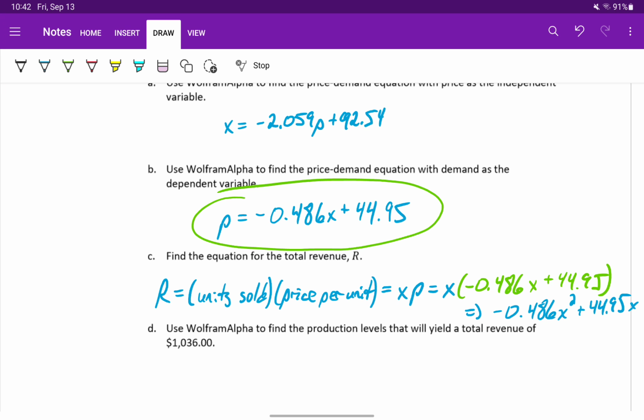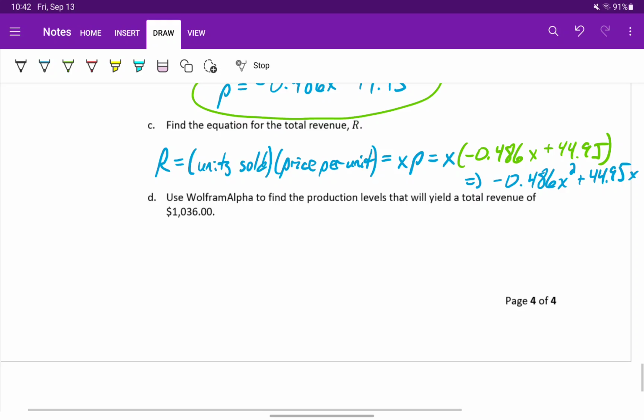And we've generated a revenue function. We have a quadratic equation that we get by taking our price demand equation with demand as the independent variable, multiplying that by x,